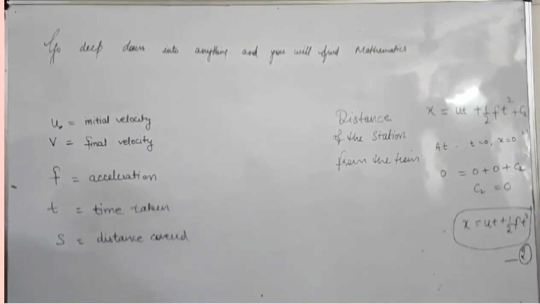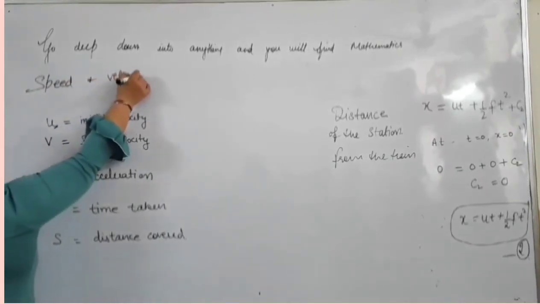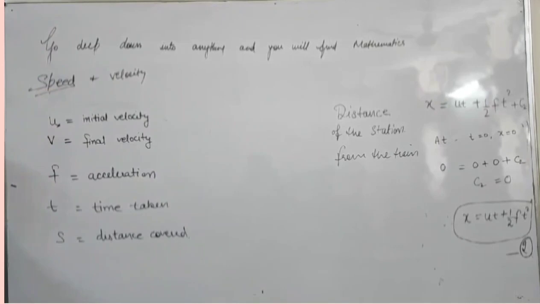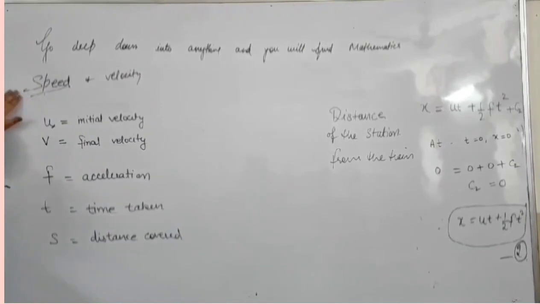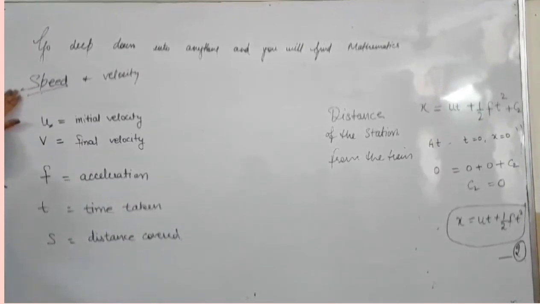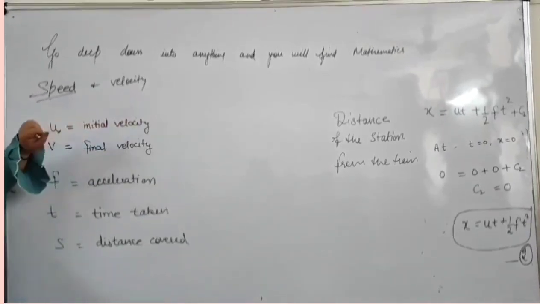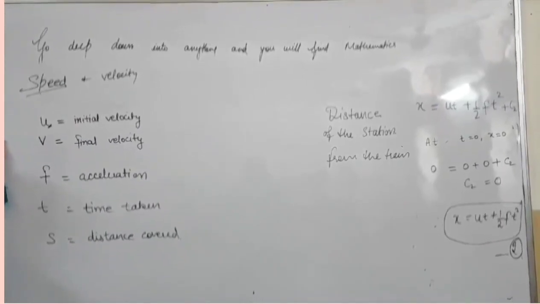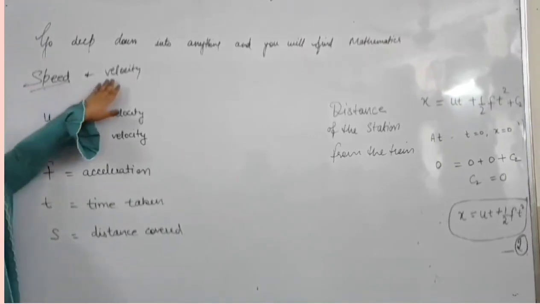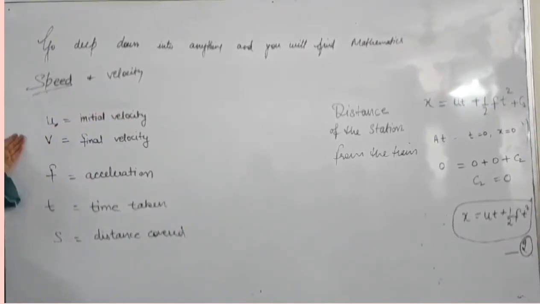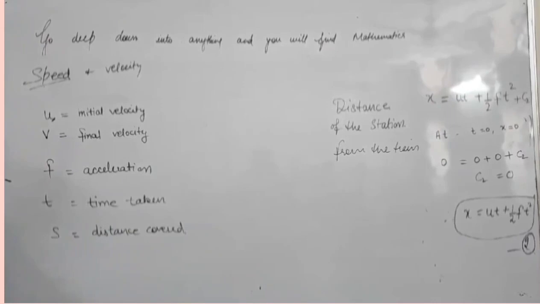Now we will know about the velocity and speed. There is a little bit difference between speed and velocity. Speed is a scalar quantity. In speed, we just consider the distance covered and the time taken, but we don't bother about the direction in which the distance is covered. In velocity, we will consider direction as well as displacement in a unit time taken. So speed is a scalar quantity and velocity is a vector quantity, and these all notations are used in solving the problems of dynamics.